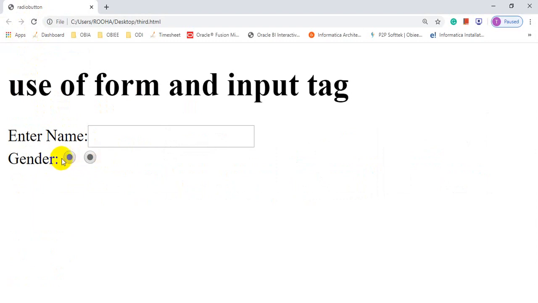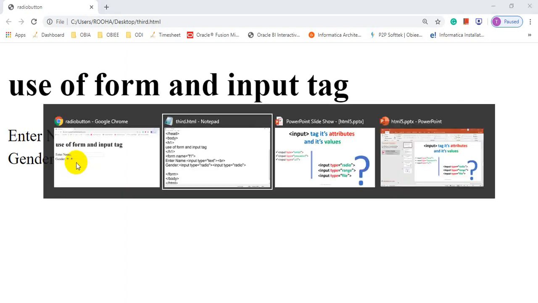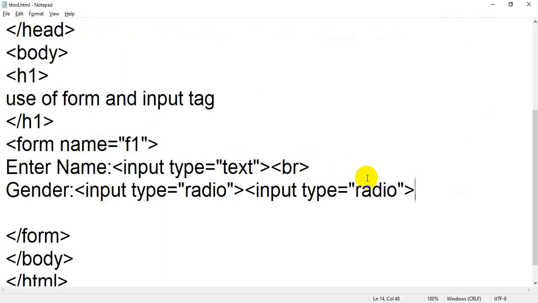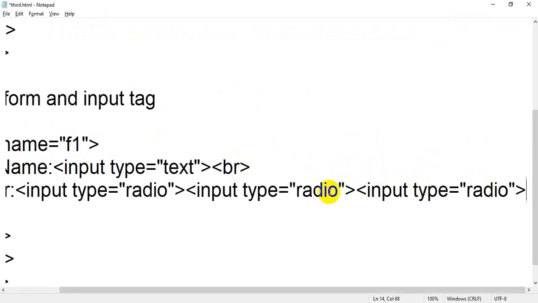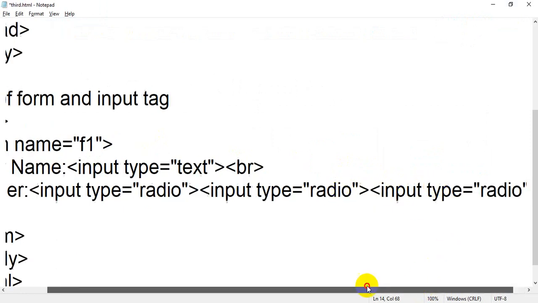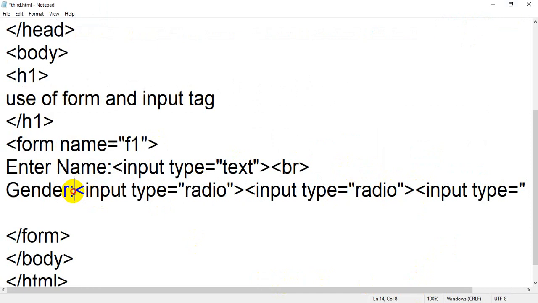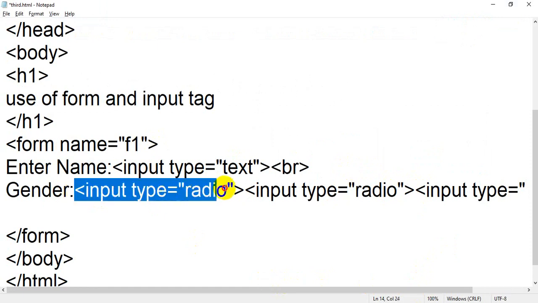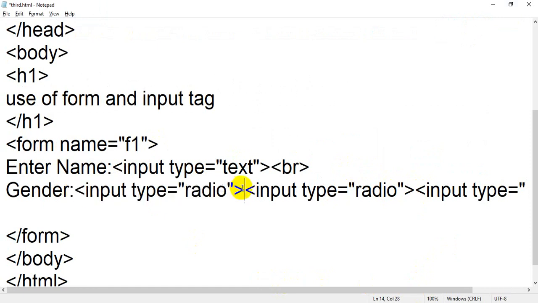So before that, I will just add the prefix male and the prefix female. Before the first radio button, that is gender, then this is the first radio button, I am going to add male.